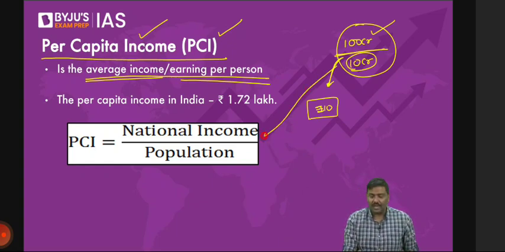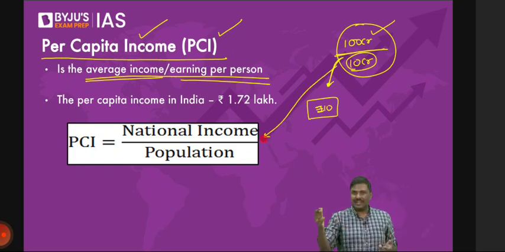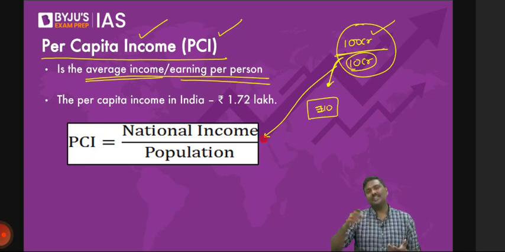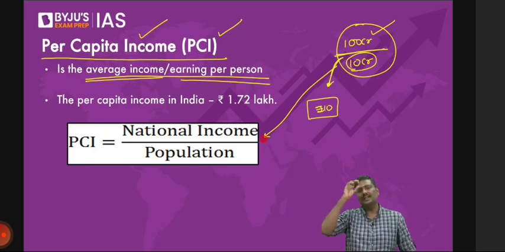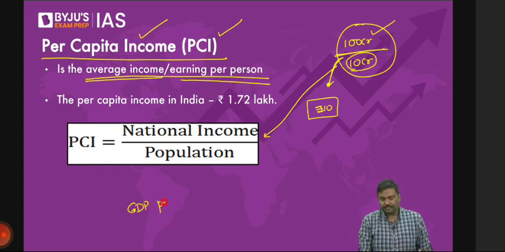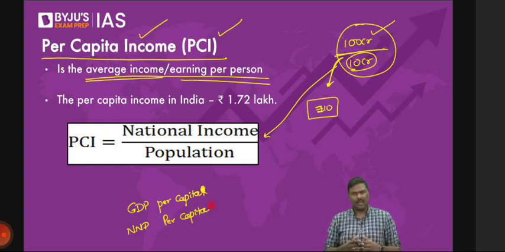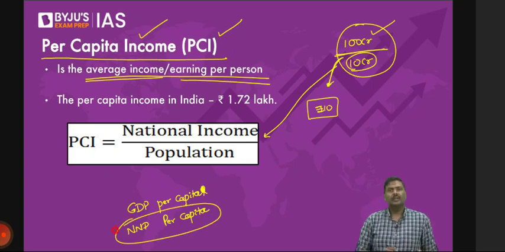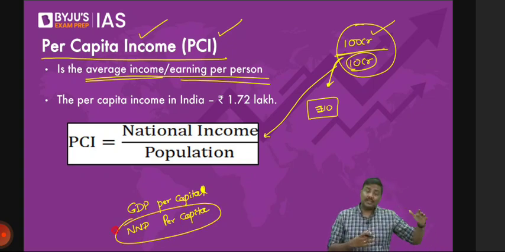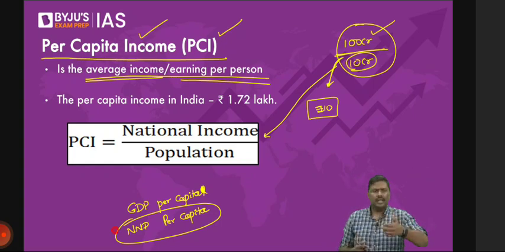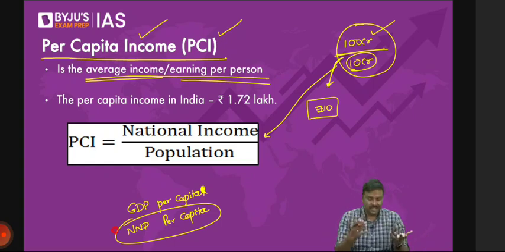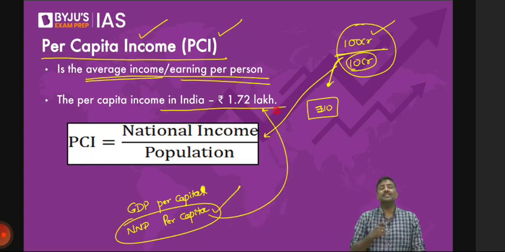But can I calculate it only for net national income? Absolutely not. You can use per capita income even in the context of GDP. You can calculate GDP per capita. But follow this carefully: if you calculate GDP per capita and also NNP per capita, which is net national income per capita, tell me which is a better indicator of how Indians are performing? NNP per capita. NNP per capita is a much better indicator for us. But MOSPI, the Ministry of Statistics and Programme Implementation, will give the data for all. They will give you GDP per capita, GNP per capita, and also NNP per capita. But for national income, NNP per capita is the most important for us. And if you look at the latest data published by the government, NNP per capita is 1.72 lakh rupees.